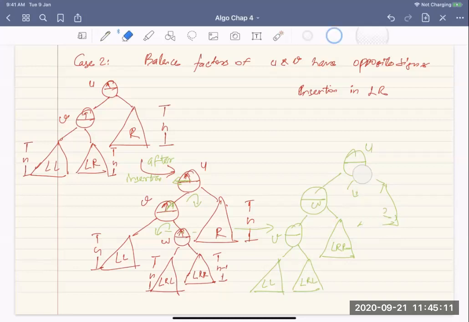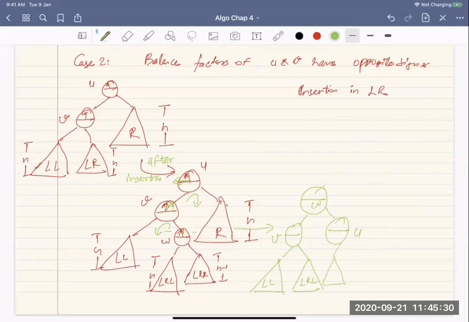U with R, and W had its LRR. U becomes its right child, and LRR goes to the left subtree of U, and R goes to the right subtree of U. Sure, so that is what we get after a double rotation.